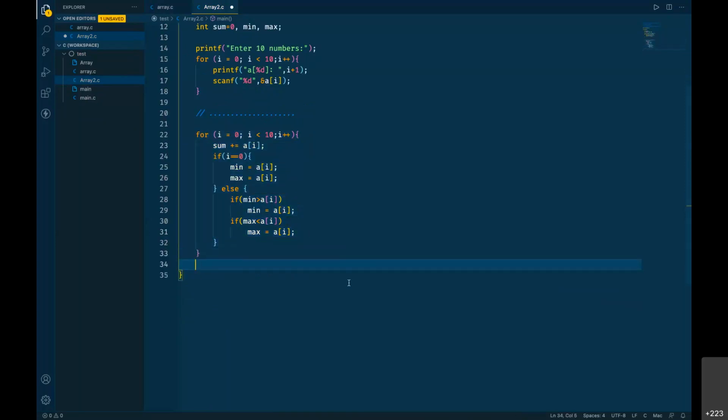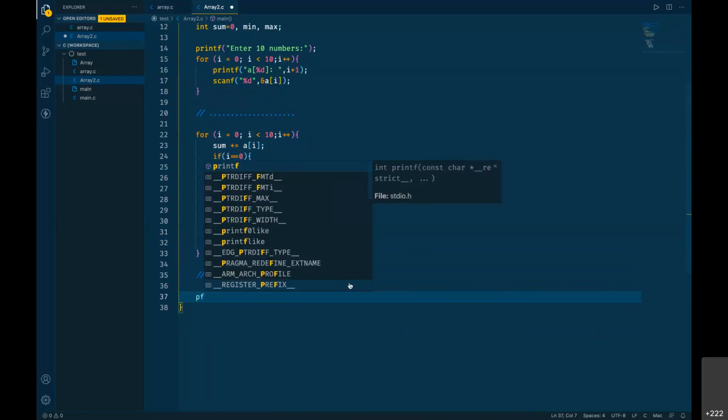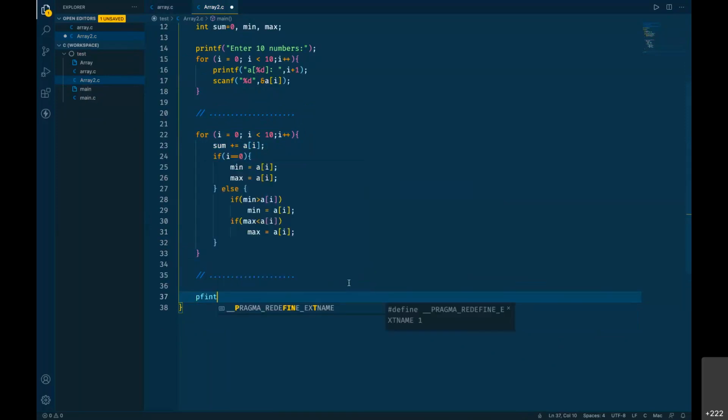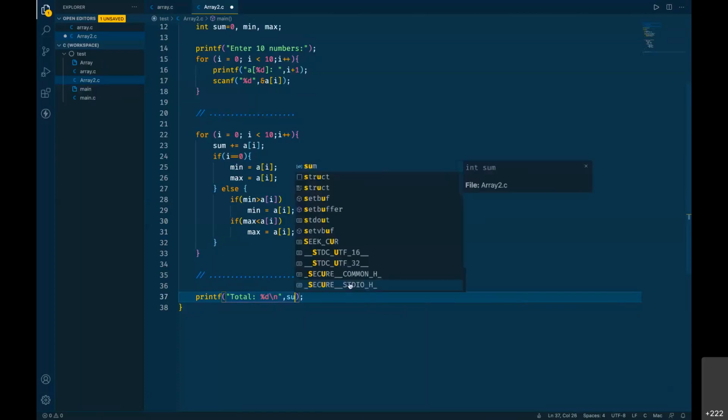So at a later place anywhere in your program, whenever you want to make use of these min, max and sum, you can. Right now we are printing, but you can make use of those things. So let's say total is %d, and that's going to be sum.